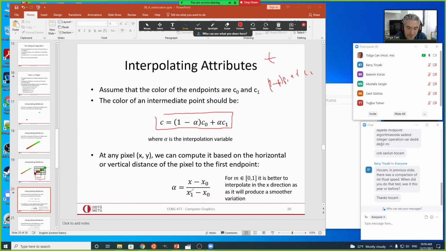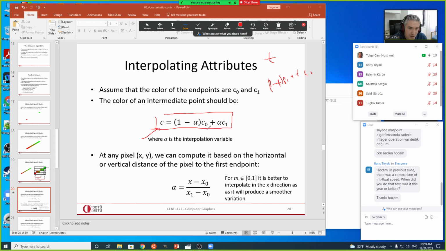Okay, and this alpha variable can be computed from your x-coordinate like this. But we have some floating point operations here, and you may not avoid floating point operations if whatever you're interpolating contains floating point values. For example, if this C here is not an integer color, you may be forced to use floating point operations during this averaging. So during interpolation, we may not ask for efficiency in terms of floating point operations,